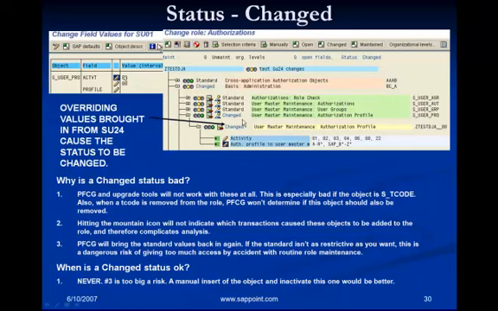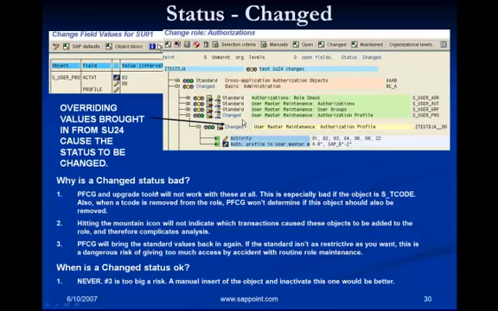By default the object S_USER_PRO had come with 03 and 08, but we changed that to include 01, 02, 04, 06 and 22 also. When you change the composition of the field, the default values, then the object status changes to changed.